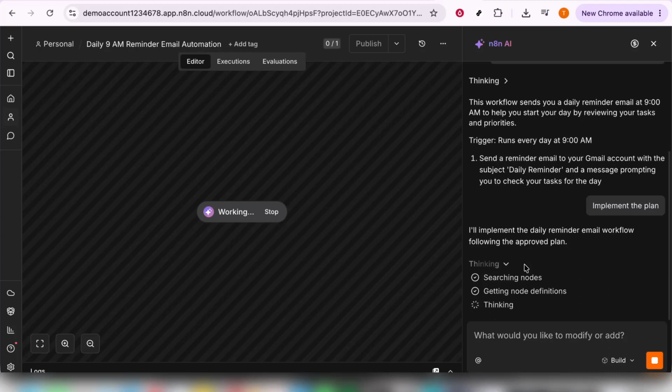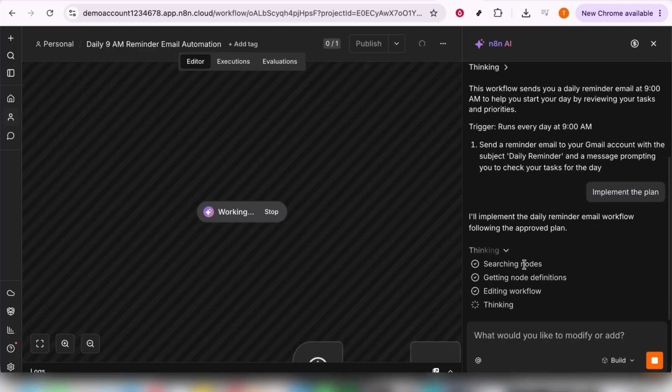That's how to create a workflow using AI in N8N. It's a simple process that starts with a new workflow, uses the Build with AI option, and relies on clear prompts plus the on-screen guidance to get everything moving. Once you get comfortable with it, this can save you a lot of time when planning and building automations.